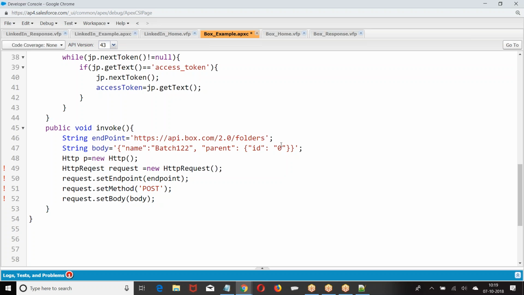Now that format is what they have mentioned. As per the documentation, I should know in which format they are expecting the data. I was supposed to pass the data in the same format. So they are expecting the data in the form of name of the folder. Is it a parent folder or a child folder? The next, I was supposed to pass